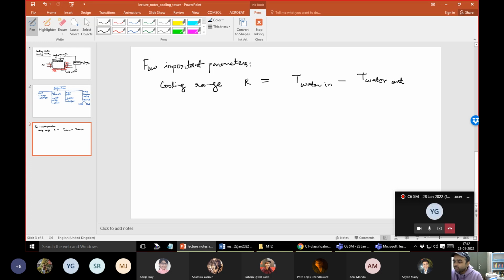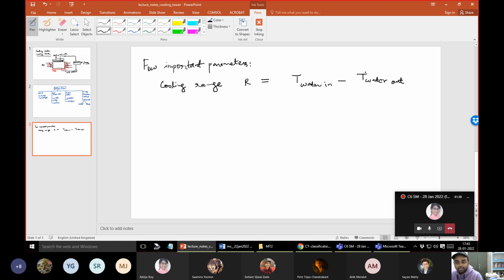It's the cooling range that determines how the tower design will be made. What is the inlet of the cooling water and what is the outlet of the cooling water through this cooling tower determines the cooling range. As far as industrial practice is concerned, most cooling towers are made to operate for a range of 10 to 15 degrees. If the cooling tower is designed to accommodate a range of 10 to 15 degrees, you should also ensure in your heat exchanger, wherever this cooling water is used, that the temperature of the cooling water does not rise beyond this range.